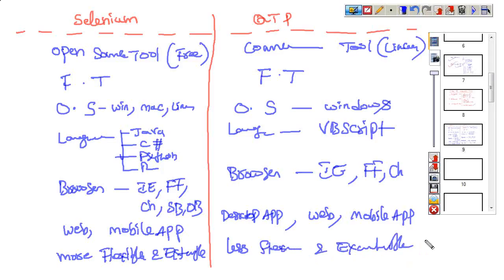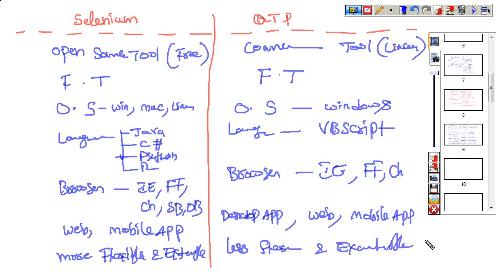So this is the difference between QTP and Selenium. What is the difference? First one, Selenium is an open source tool. No need to purchase any license, we can use it freely. Next one, QTP is a commercial tool. We need to take the license and purchase that tool.